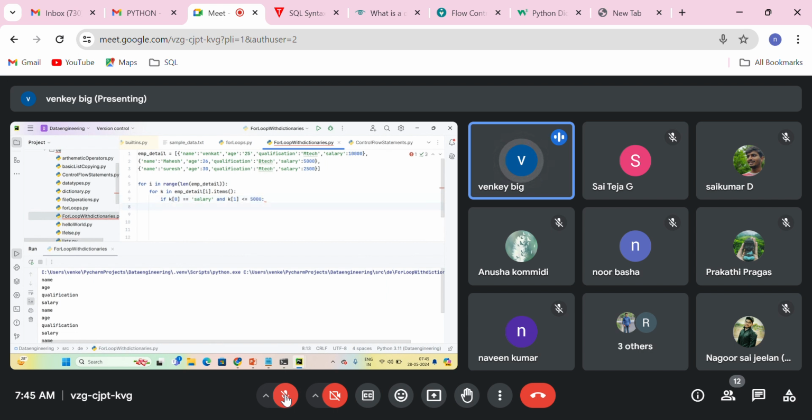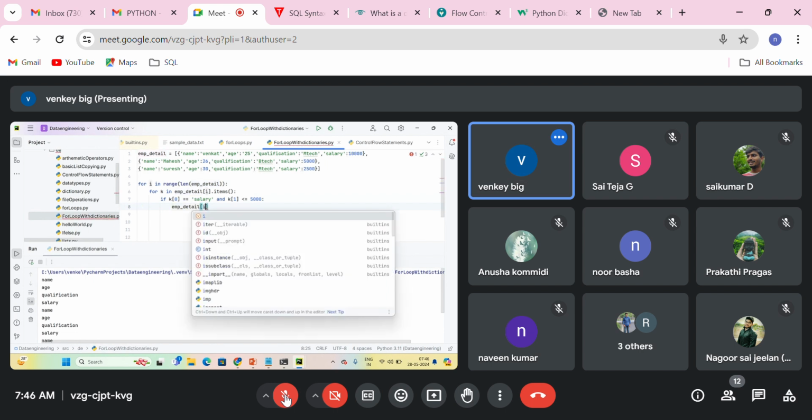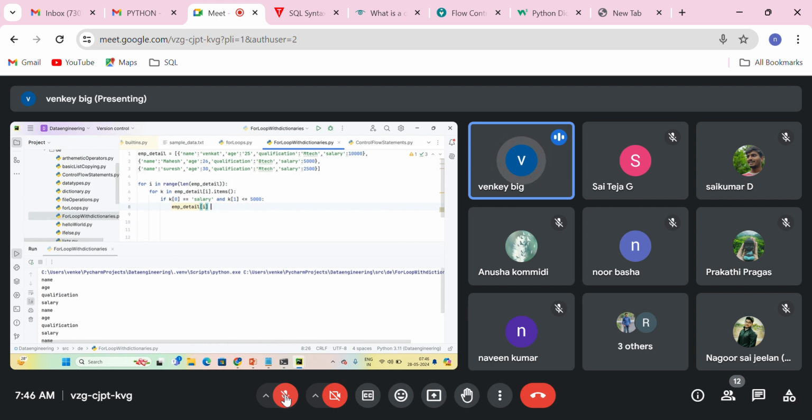So in that case, what we need to do is emp detail of I equals to, so here what you're trying to do is update this emp detail of I equals to